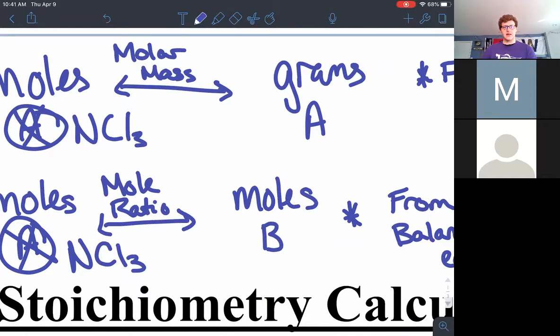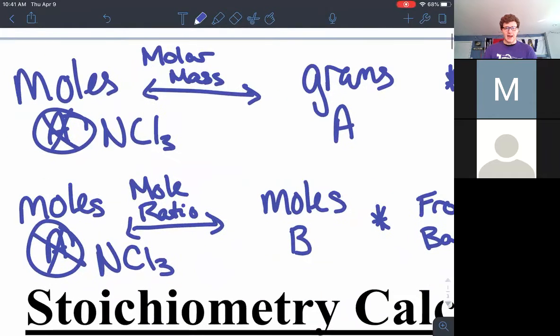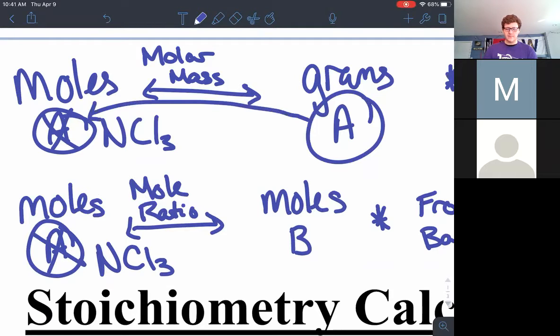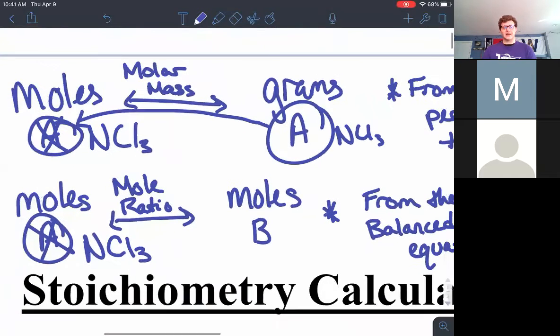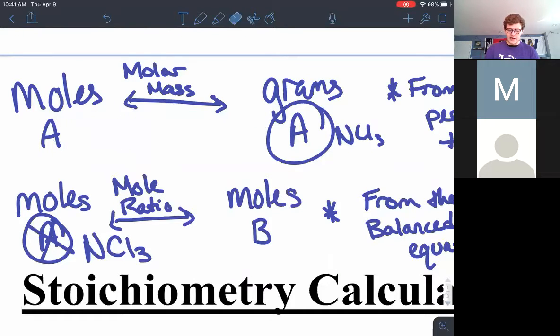If we replace, so remember we replaced A with NCl3, which means this A is the same as this one. These are the same thing. So if this A got replaced with NCl3, this one would be replaced with NCl3. Okay. So we can't go using the molar mass, but we can do something with our mole ratio. Because the molar mass we already used to get us to moles of NCl3. So we don't want to use this one again, because we already used this one to get us to those